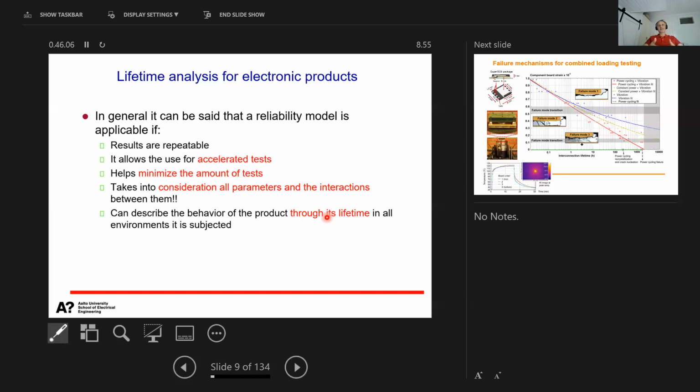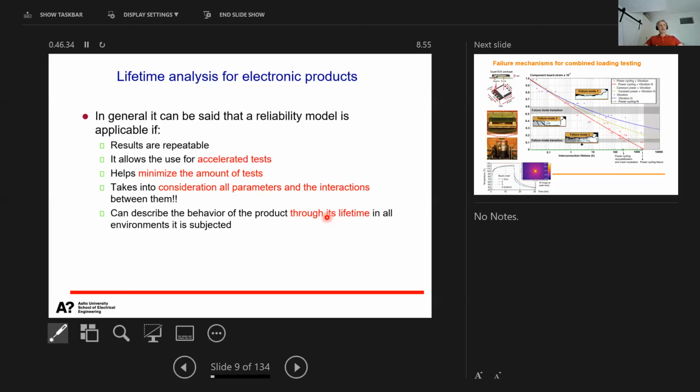the point is to understand, let's say, if something is happening during manufacturing or storage, how does it also affect during lifetime, or if there are different types of stress conditions during the lifetime, how that could affect the reliability. That could be, let's say, very